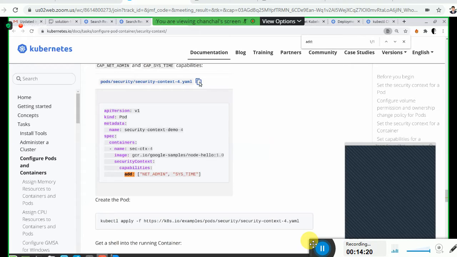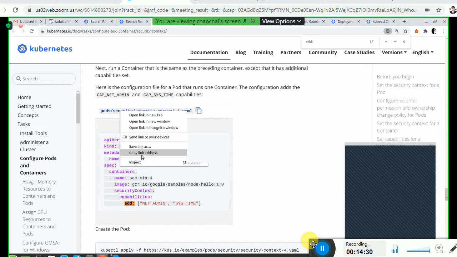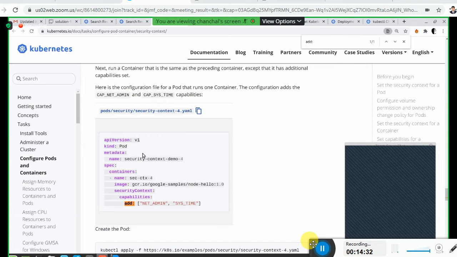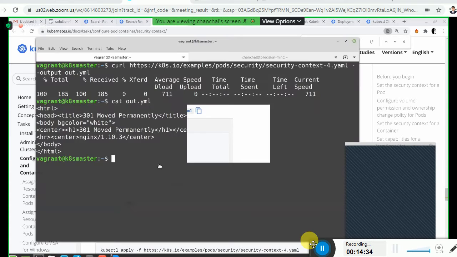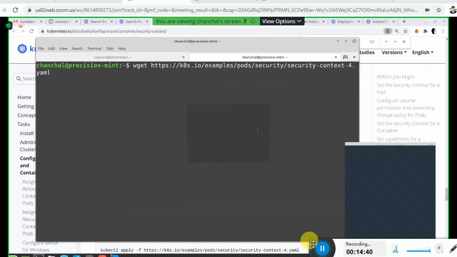Right click, not that one. Just before the link, the text is there, right? The path. If you right click on that path, copy the link address. It will work. Okay, there it is. The link is different. But surprisingly, when I'm doing a wget, it is downloading the same file. So wget is doing perfectly all right.